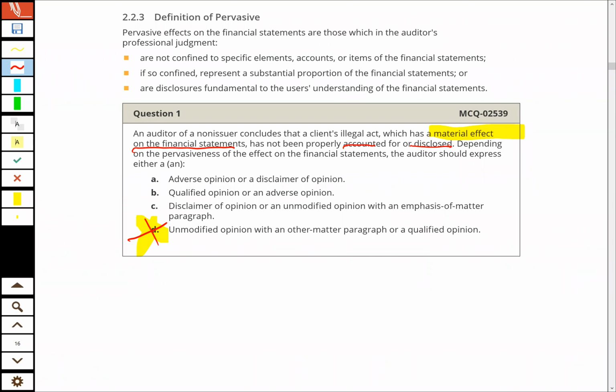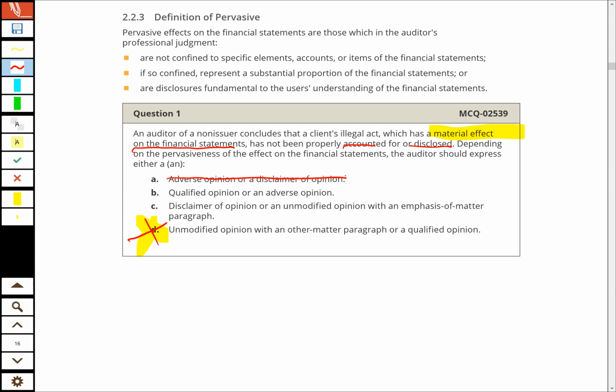We've got a GAAP issue, not a GAAS issue, okay? And remember, we said that what? Once we're on that side of the chart, we abandon the audit issue, the GAAS issue side. So we're no longer talking about qualified or disclaimer, okay? And there is no such thing as disclaimer or adverse. Those are on the opposite sides of the extreme for a GAAP problem versus a GAAS problem, okay? We are now what? Clearly on the GAAP side of that little grapefruit chart, and we now have to decide,